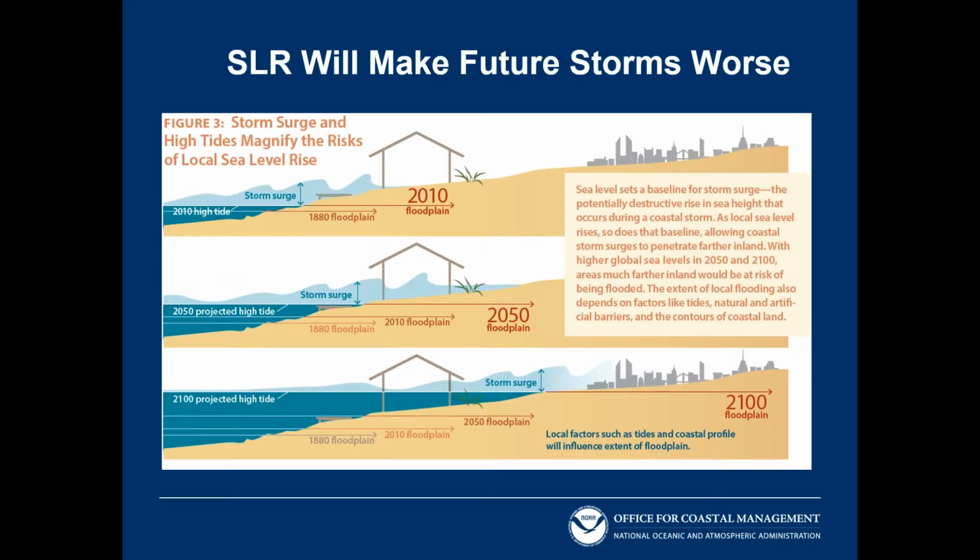And it's going to make the floodplain expand inland. So if this is the 2010 floodplain, over time that floodplain is going to expand. So not only do you increase the vertical elevation of the BFE, base flood elevation, if you're a FEMA person or you do FEMA work, that BFE increase is going to make the floodplain footprint expand too. So that's going to put more people in the high flood risk area, the special flood hazard area.